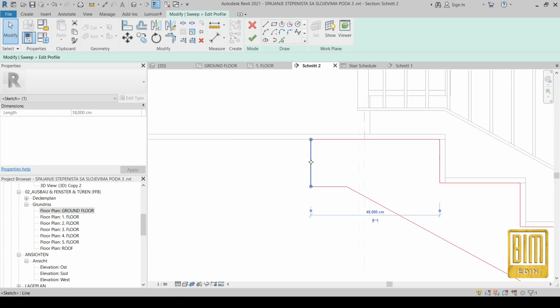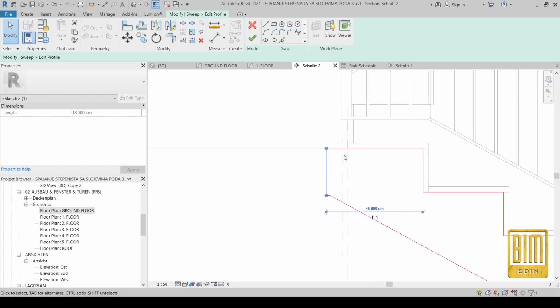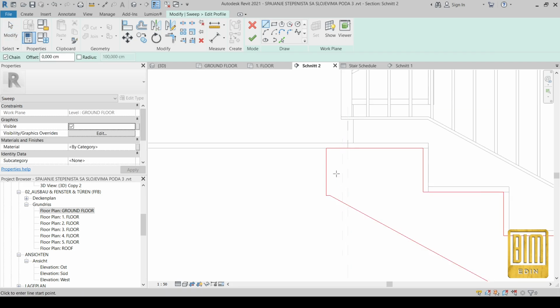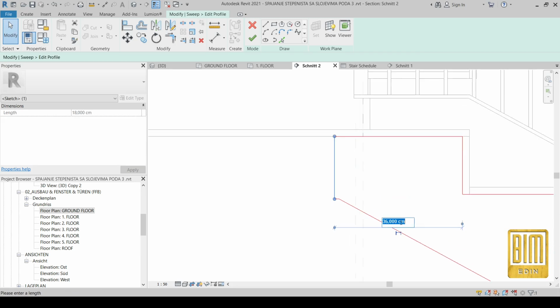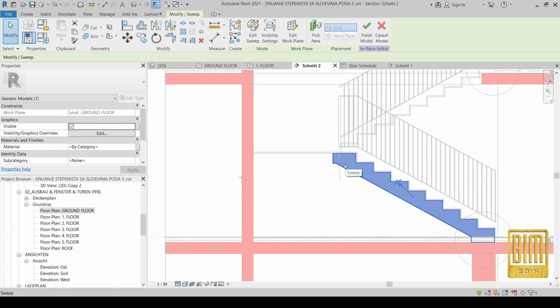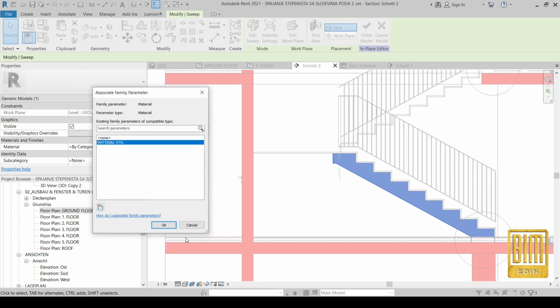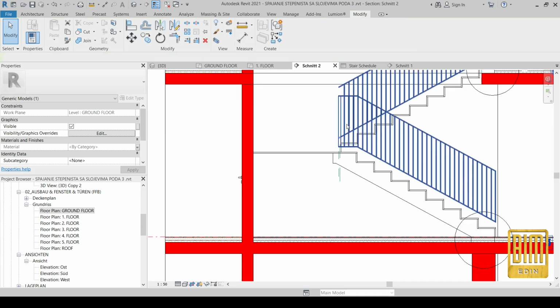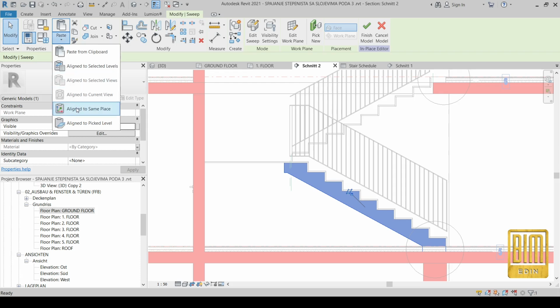The middle landing we will create as a separate part, model in place, and later we will join them. All right. Also, I'm going to add the material parameter, so we can change the material of this structural part of the stairs. This is the material parameter. Material structure. All right. I will select it and I will copy it